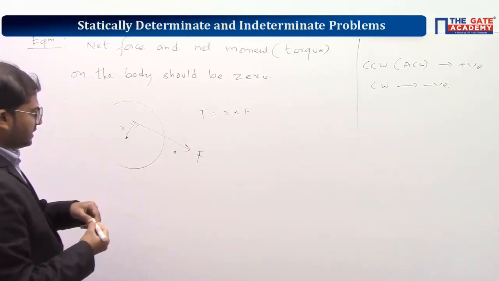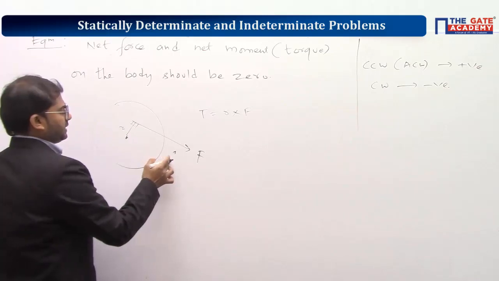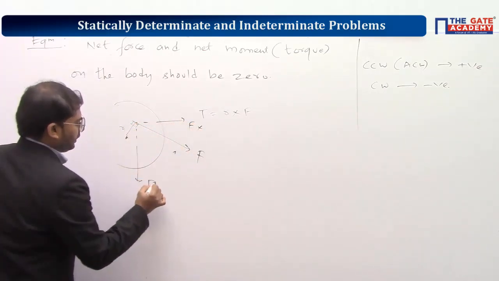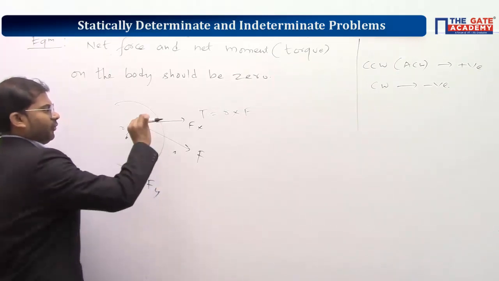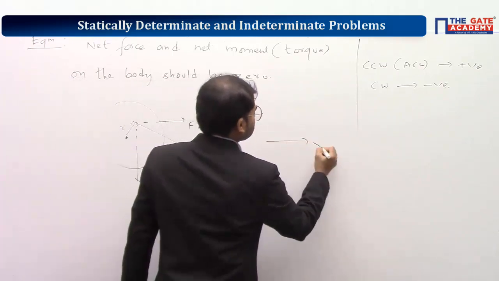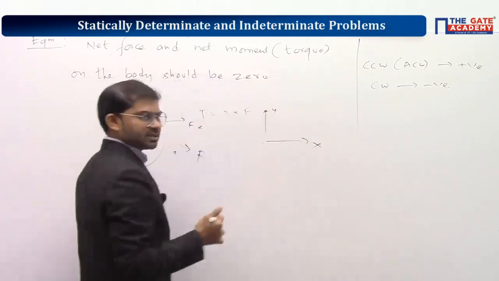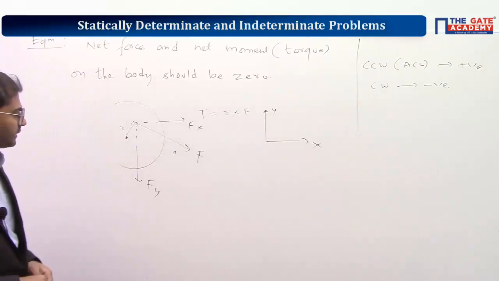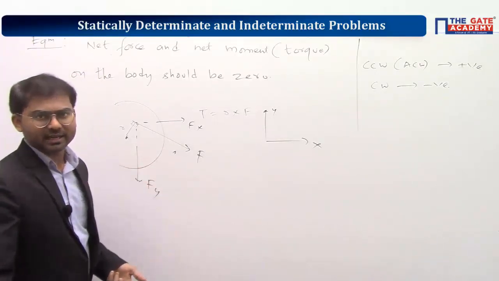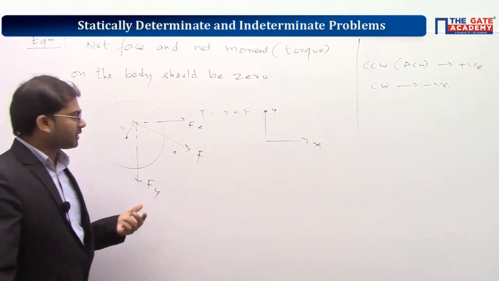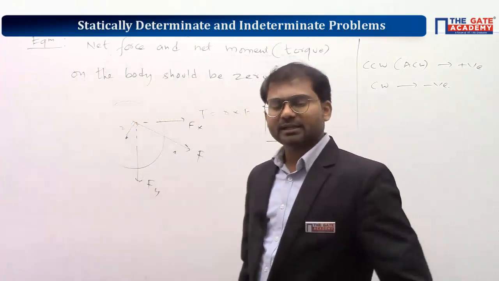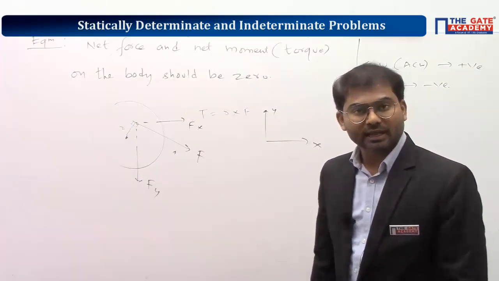So here we see that the force is having a component along the x-axis and y-axis. If you take this as x-axis, this as y-axis, then the z-axis is towards you. So when the force is acting along x and y-axis, the rotation or the torque is occurring about the z-axis. One very important thing which you observe is that when the force components are acting along x and y directions, then rotation will be occurring about the z-axis.